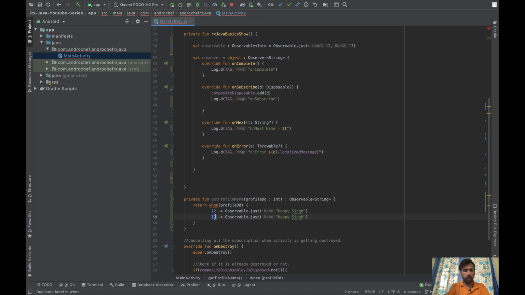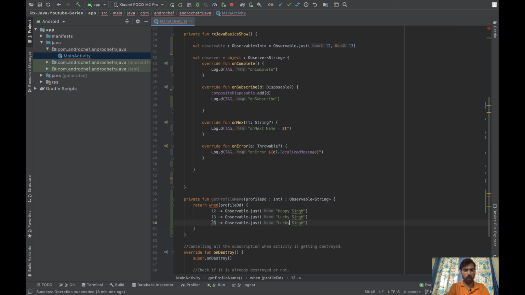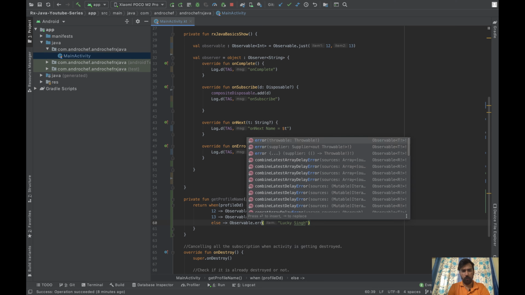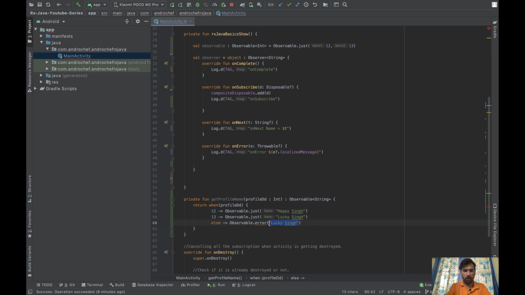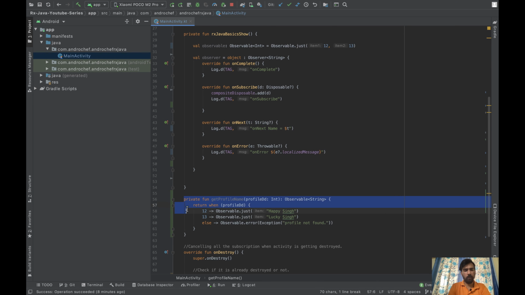If the profile ID is 13, that will be lucky, and if the profile ID is anything else, we don't have any IDs, so we'll generate one error, and in the error we will say profile not found. This function is working like an API, because it takes some profile ID and it returns one observable.